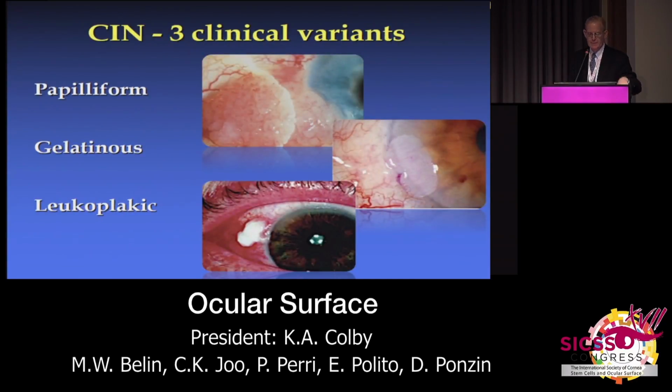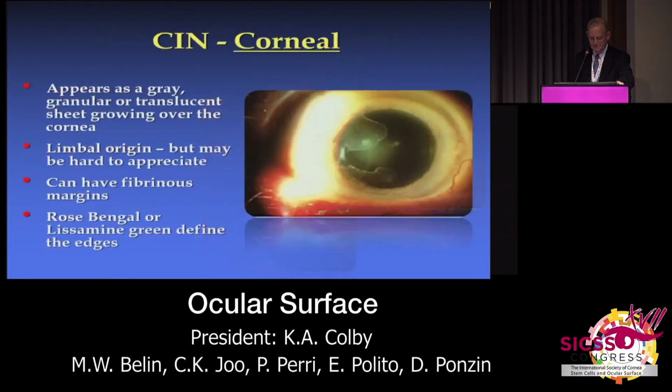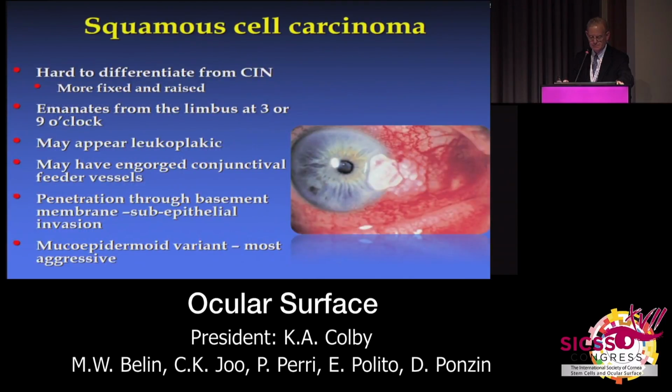The 3 clinical variants of CIN: papilliform, gelatinous, and leukoplakic. Papilliform. There's a corneal appearance as well, which appears as gray, granular, or a translucent sheet that grows over the cornea, like you see here. It usually has a limbal origin, even though sometimes it's hard to appreciate the true limbal origin of these. They have a fibrinous margin that's enhanced in staining with rose bengal or lissamine green to define the edges of the lesion. What you worry about in the CIN is